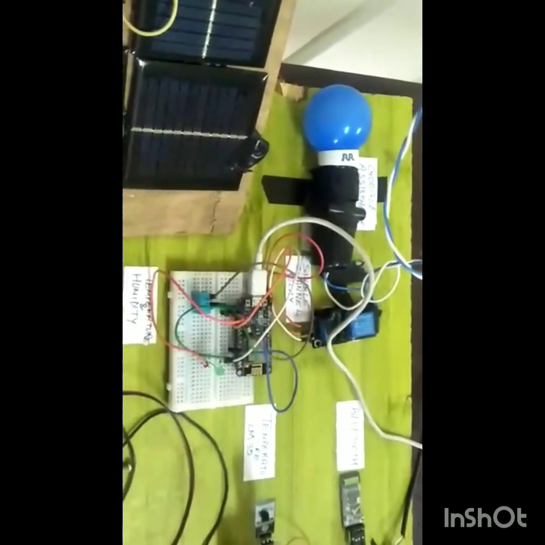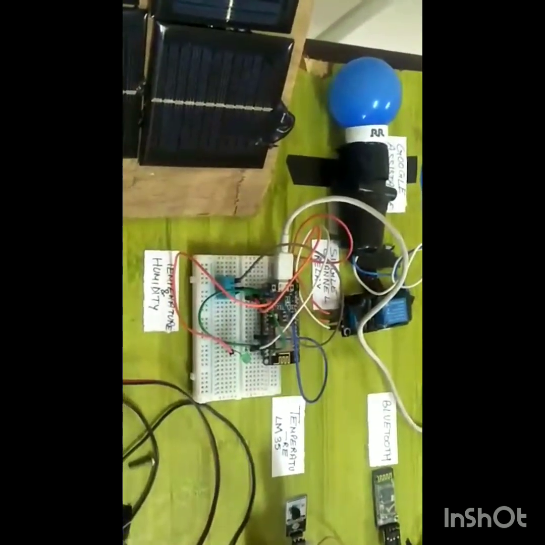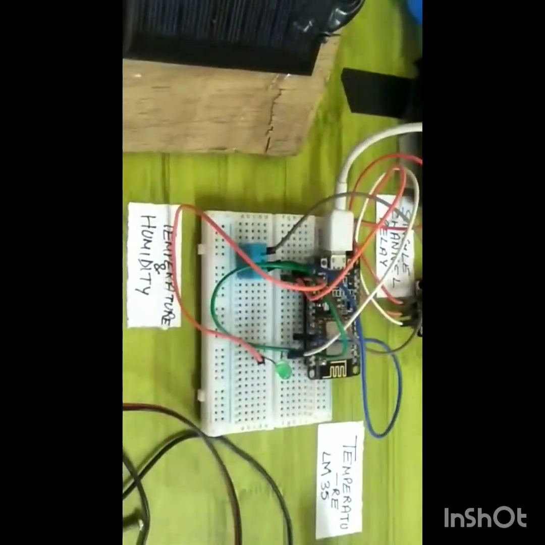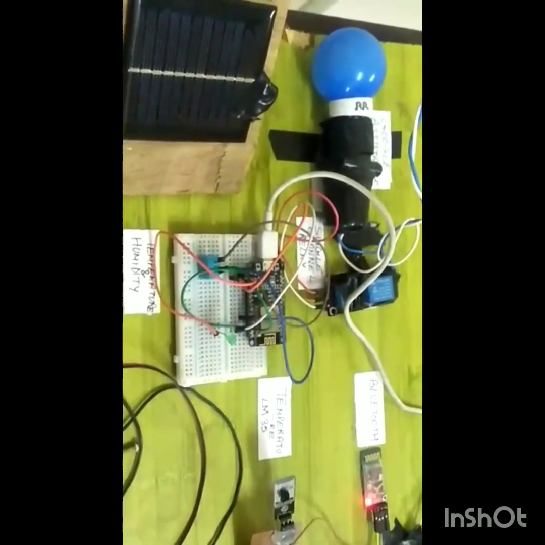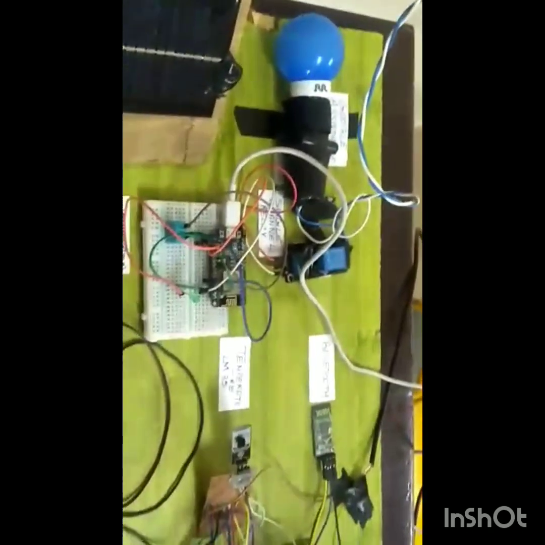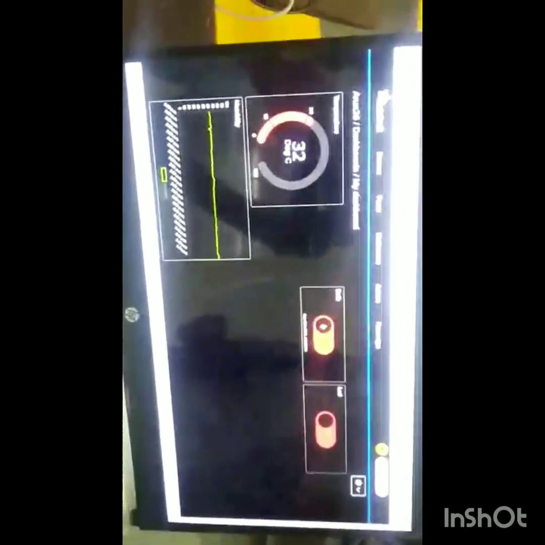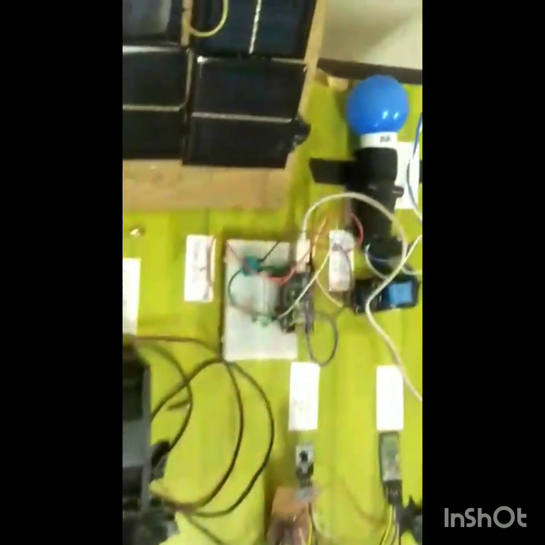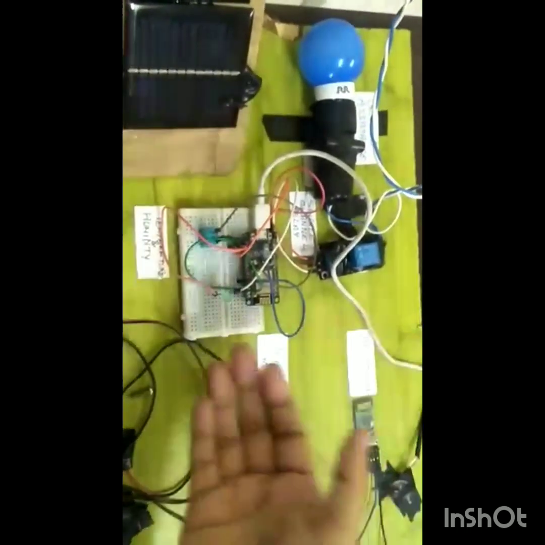So now, to save further energy and power, plus the time of the user, we have interfaced an IoT part in our system, where the user can easily turn on or off the appliances inside the room, or in some halls or seminars where a presentation is done. The user can easily turn on or off the appliances with the user interface app that we have provided on the mobile, and you can also see our interface on the laptop. So what we have done here is that, for the demonstration, I have used one LED and one bulb.